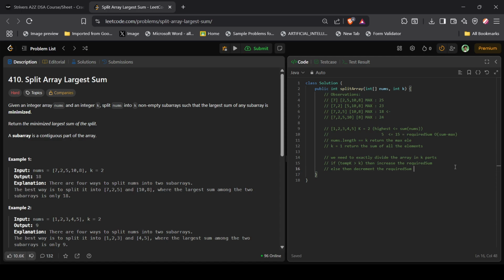17 to 8, so 8 will come, 8 will be low and 9 will be high, so we will check for 8, and obviously it won't be, when it is 8 it will be just 3 4 5 6 6 and 1 4, yes, so it will also be 3, so the low will go to 9. So finally when low and high are pointing towards 9, right? So low and high are pointing towards 9, and when it is the case, so we'll just return, no, we cannot return, so